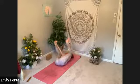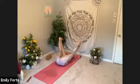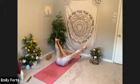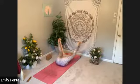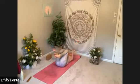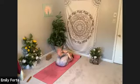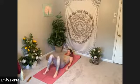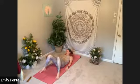If you want to add an extra stretch in the back of your leg, you can take your feet out for a straddle pose. Bring yourself back into the double knee to chest. Give yourself a nice squeeze. And then bring the soles of your feet back to your mat and walk your feet out about the width